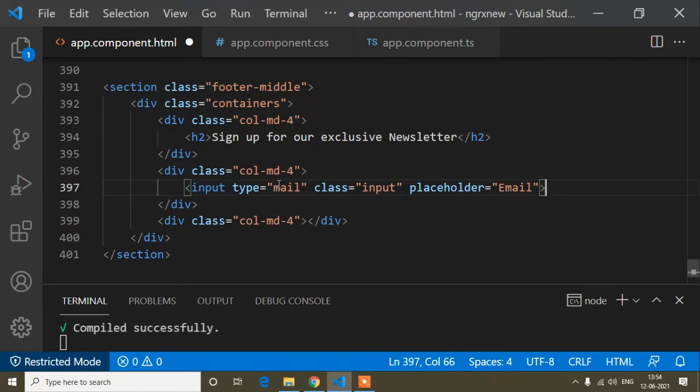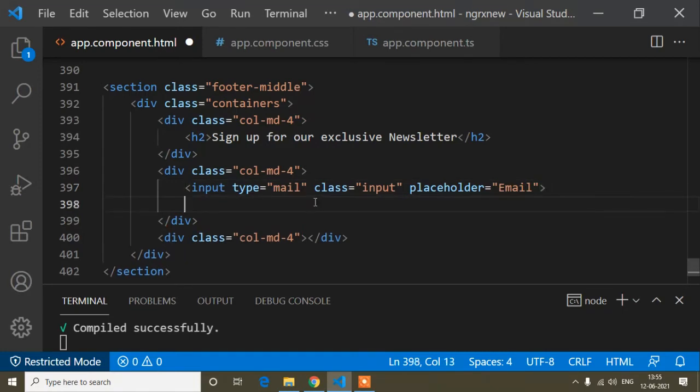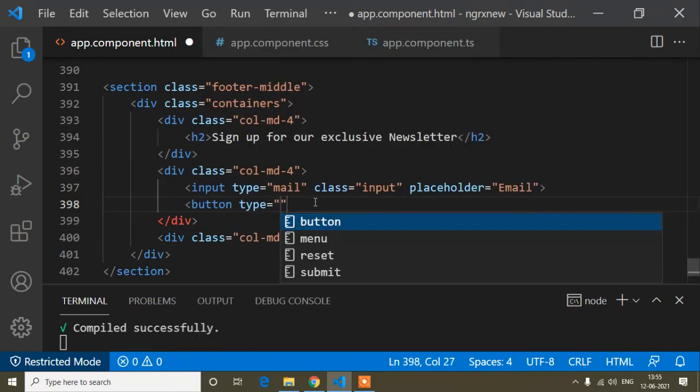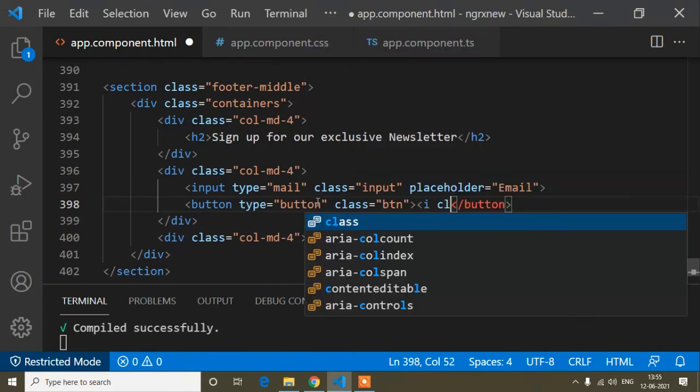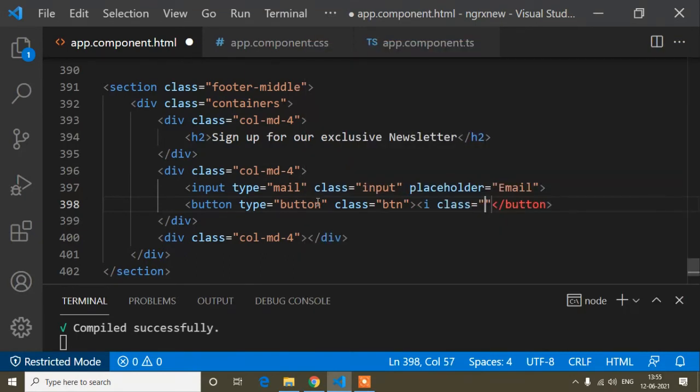And here I will write the button. Button type is button, and the class I will write is button. And here I will not write the button name; actually here I will write the icon. So the icon is an i tag, with class first of all fa, and then the class name.